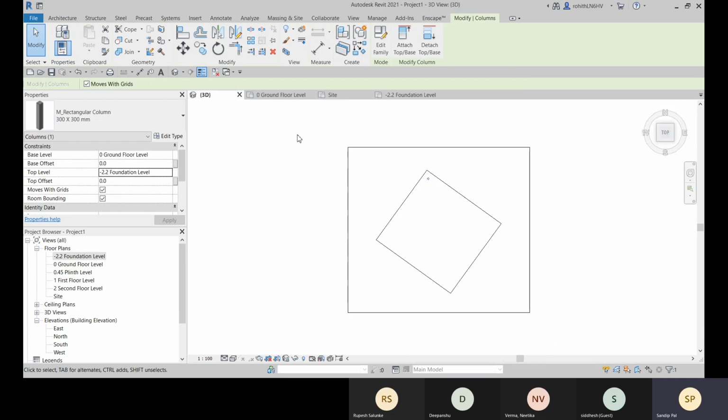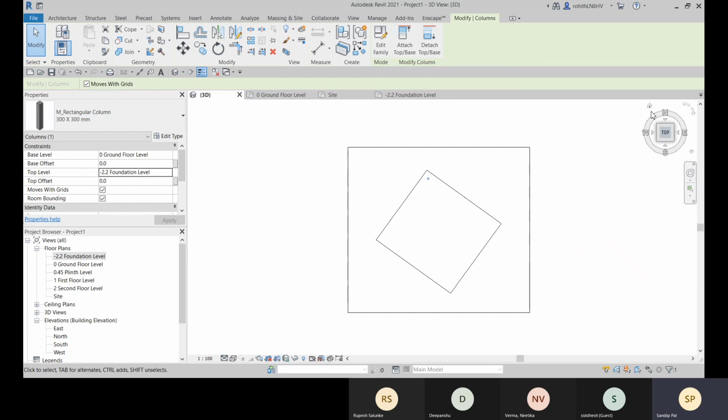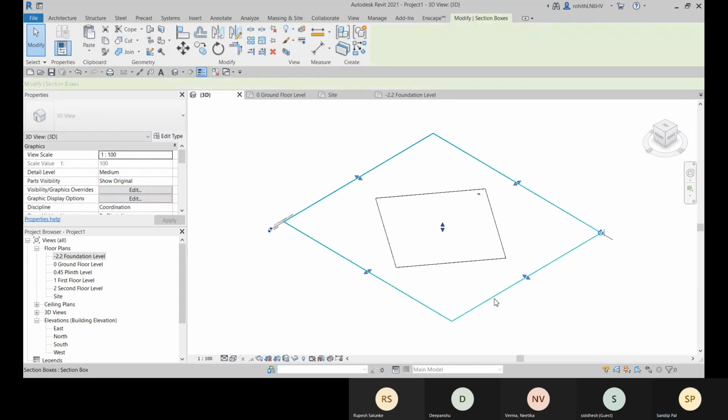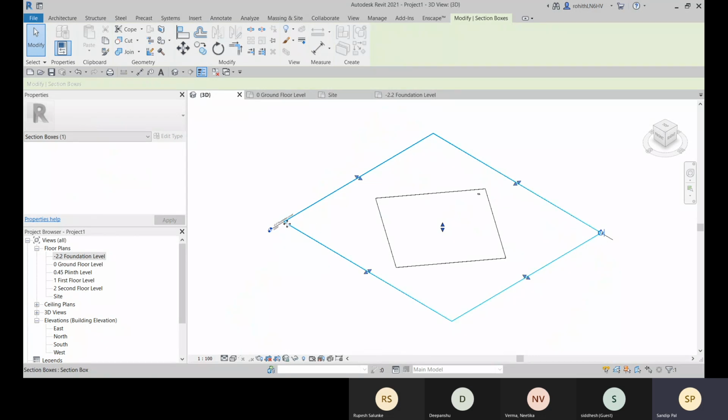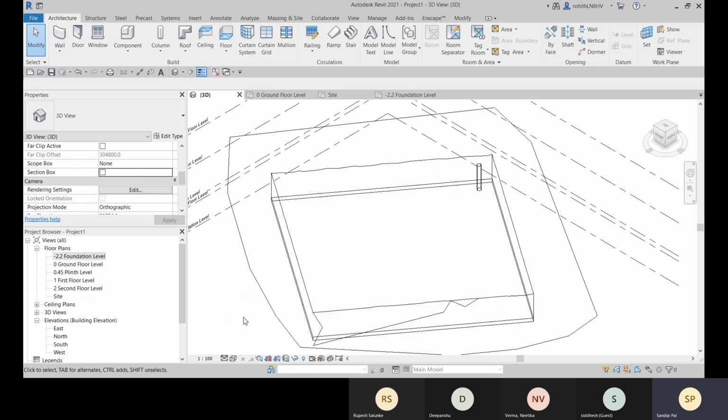Okay, and let me show you in this 3 dimension. Let me go to this 3D view and choose this section box, or here I will uncheck this section box, and that is placed here.